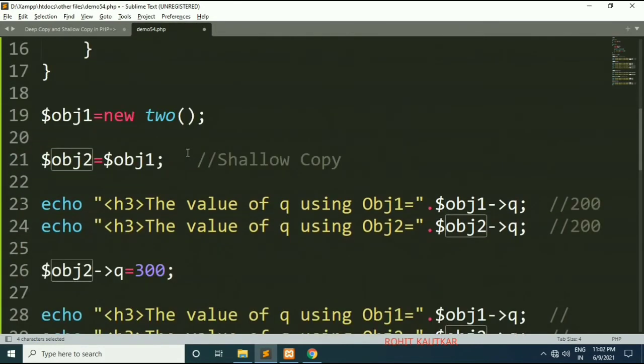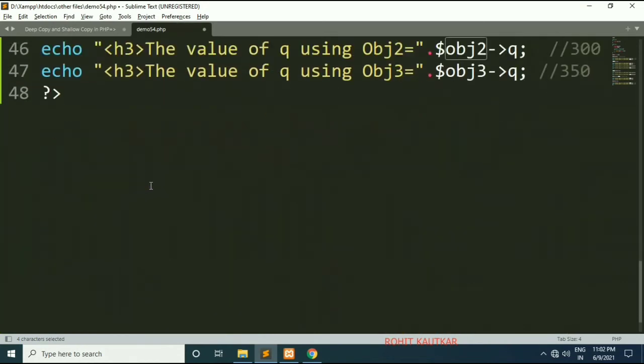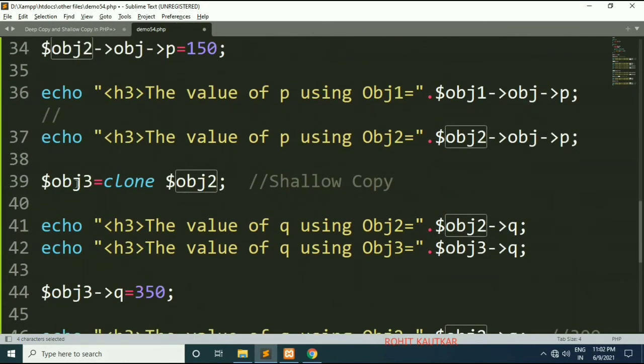In case of the assignment operator, we have seen that if I change something in obj1, it will also get reflected within obj2 or vice versa. But here both of these objects have their own copies of properties. So if you modify the property value of one object, it will not reflect within the other object.